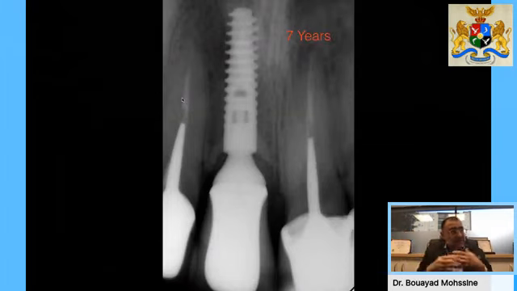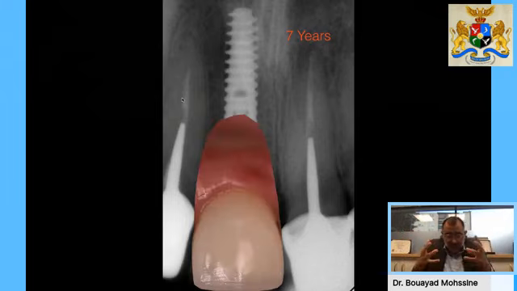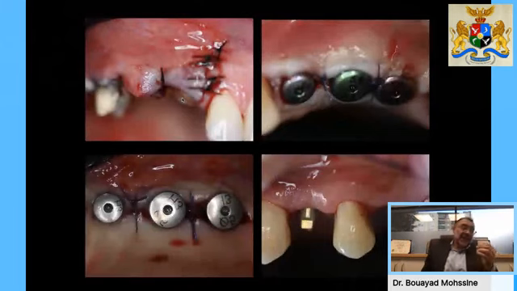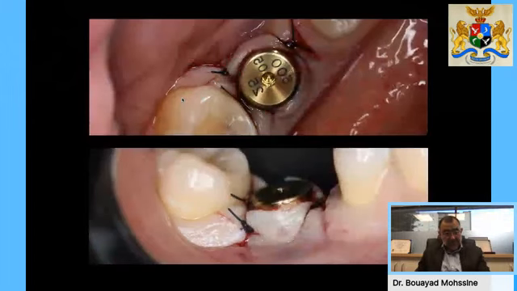This case was done 7 years before, and you can appreciate here the good position of the implant and the good stability of the bone around this implant, and also you can appreciate the good healing of the gingiva and the good situation of the crown. You have also to recreate a new papilla between the healing abutment during the temporary phase. Look at this recreation of the gingiva around this